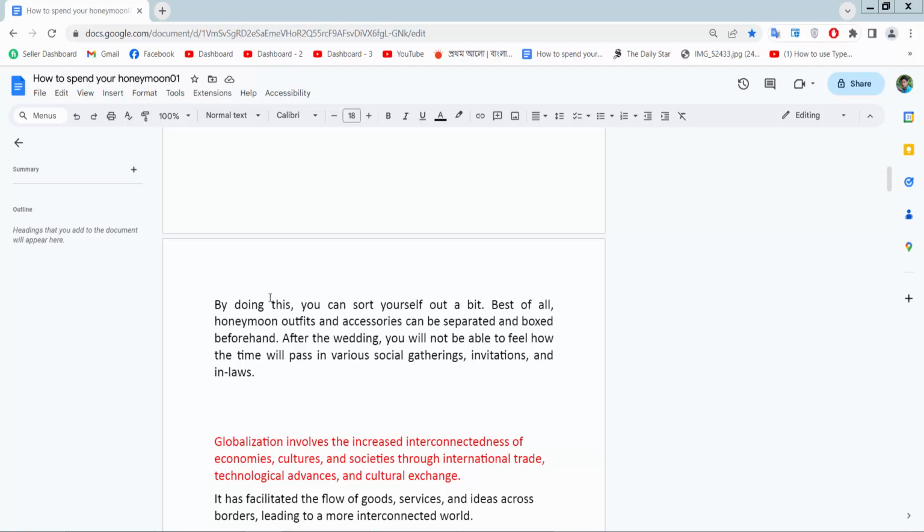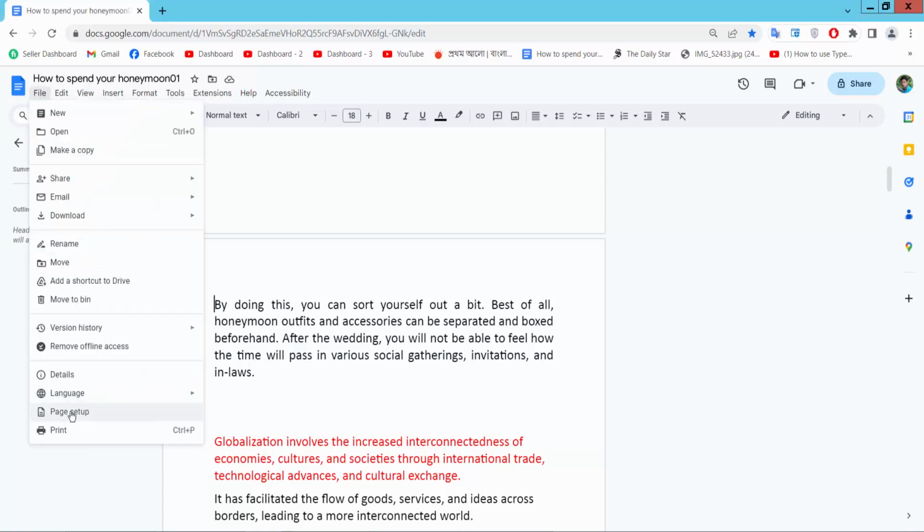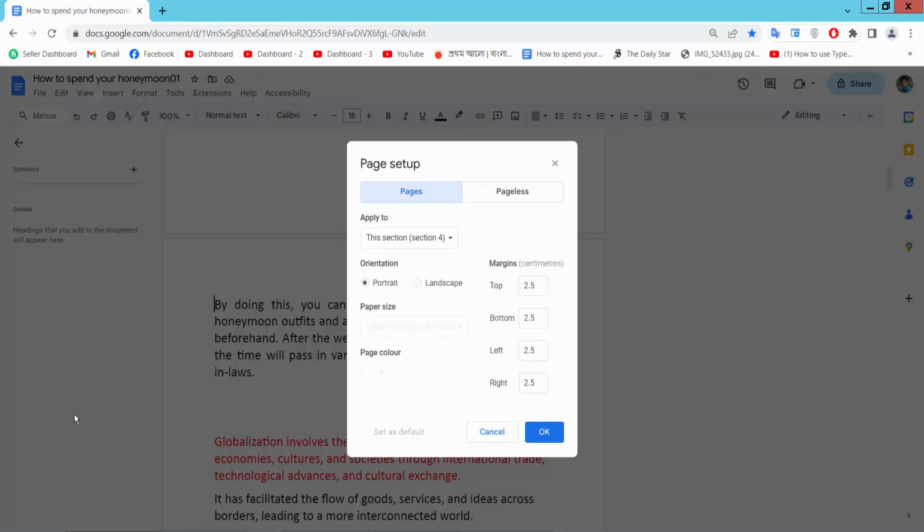Open your Docs file and simply select File option, and here you will find this page setup option. Click here. Now here you will find this top and bottom option and select here. I will choose whole document and make it 2.0. Top and bottom margin also 2.0. Now simply select OK